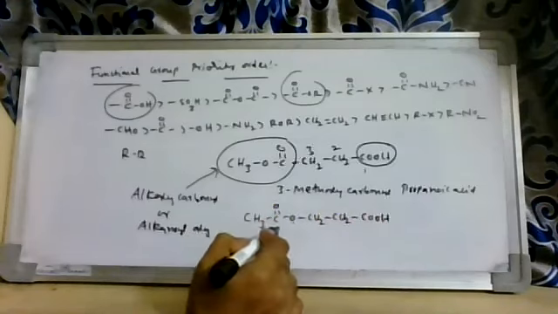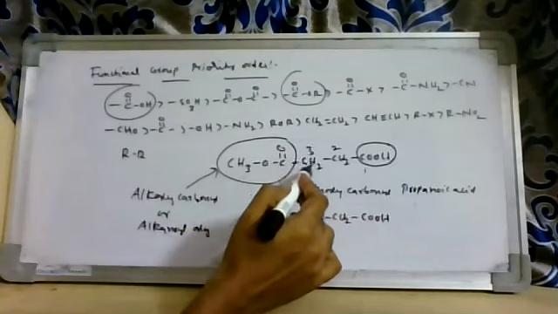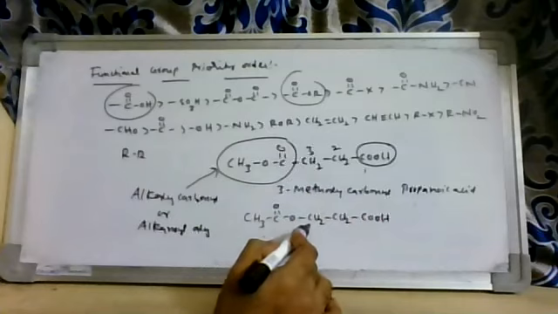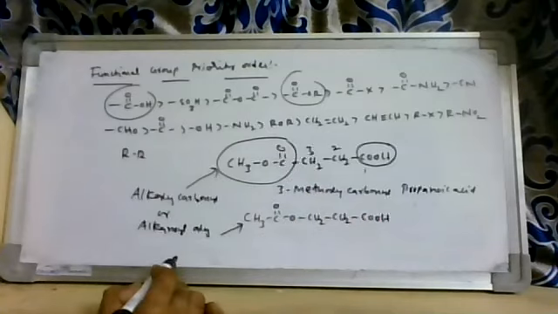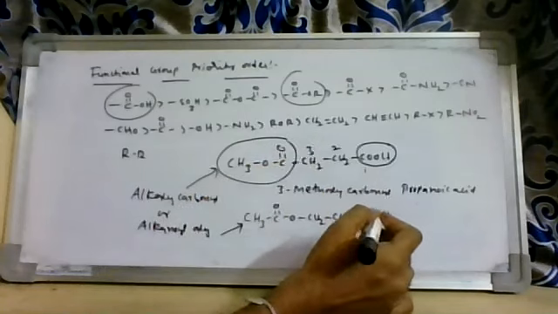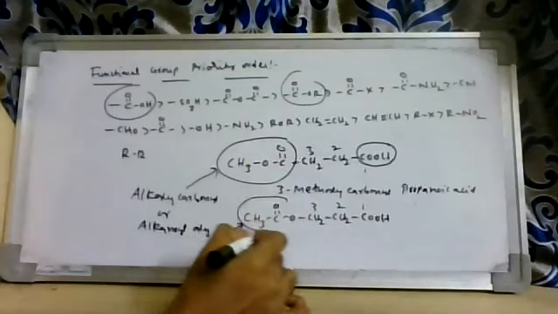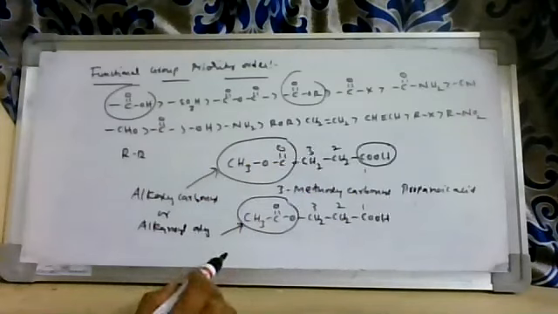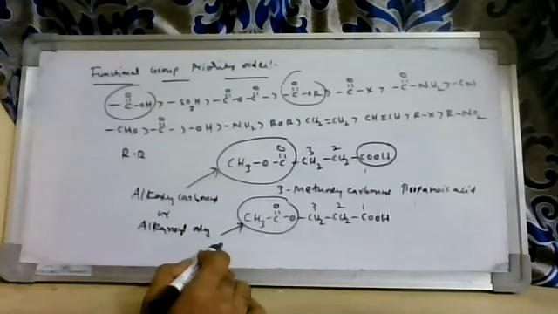Here this is also an ester functional group, but here C double bond O is directly attached to carbon, and here oxygen is directly attached to carbon. In this case we call it alkanoyl oxy. Give numbering here: COOH is the main functional group, 1, 2, 3. So here this is the substituent, so this is ester. Here oxygen is directly attached to carbon, so it is called alkanoyl oxy.